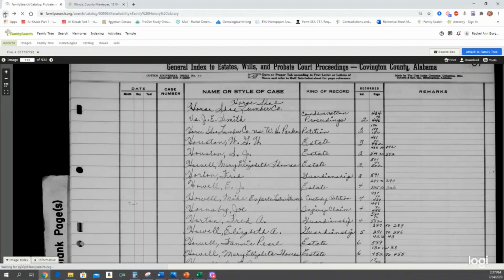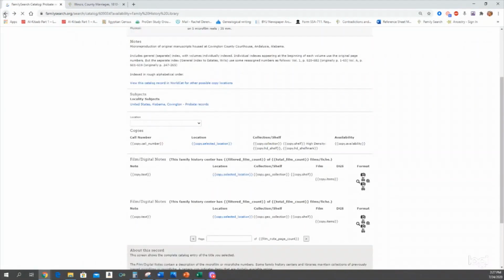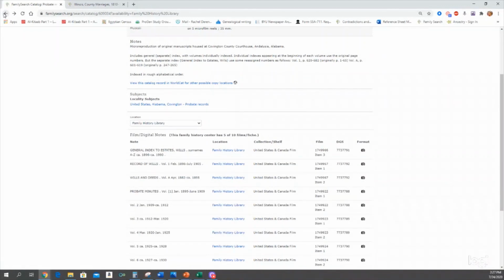So we're going to come back out here, and we're just going to see if FamilySearch has book 4 digitized. I've had it happen to me where I'm looking in the index, I'm getting excited, I found the family, but FamilySearch only has it digitized to volume 2, and I need volume 7.